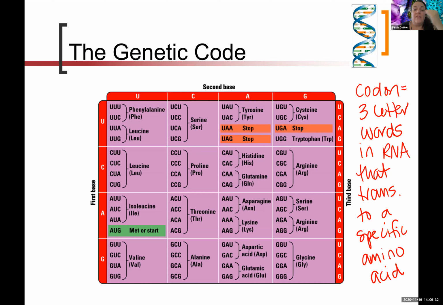This little table shows all of the different possible combinations. These letters should look familiar: U's and C's and A's and G's. Those are the bases found on the nucleotides. Now, why don't we see any T's on this list? Why isn't it like TCT? Because we're talking about RNA. Remember, RNA doesn't have T's. RNA has U's instead. So quite literally, what this table includes is every single letter combination that can get you